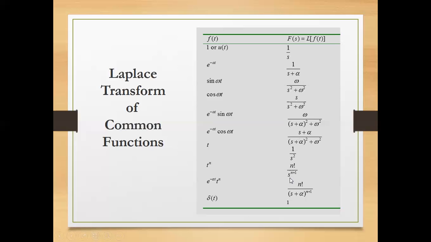Or that would be, then this would be s cubed, because your n is 2, so you have to add 1 to it. If this t raised to n is shifted by multiplying it to e raised to negative alpha t, the s here in your original answer for the Laplace transformation will be shifted by adding to it the alpha. If this is positive, then you need to subtract the alpha. But in terms of form, they look very similar. You only shifted the s.